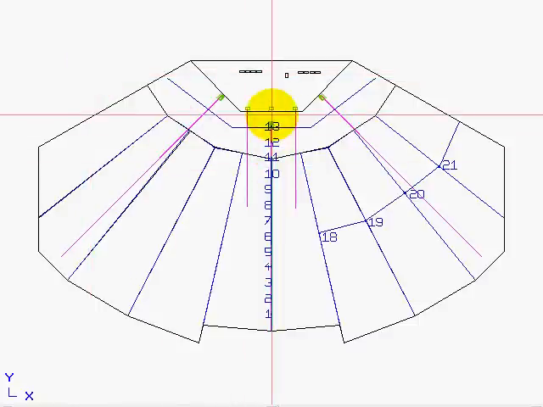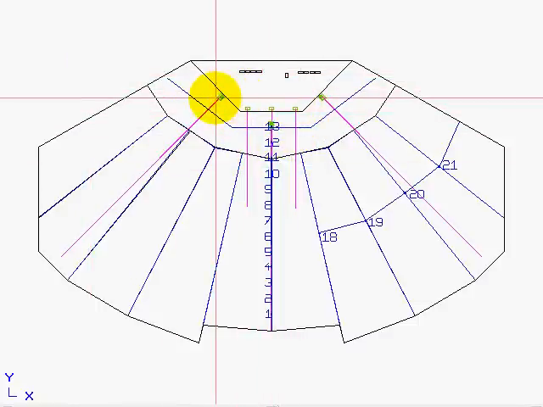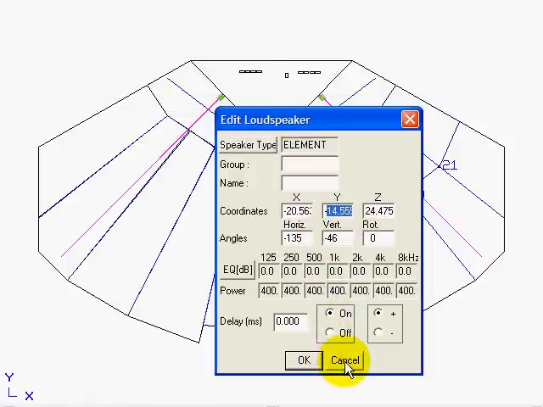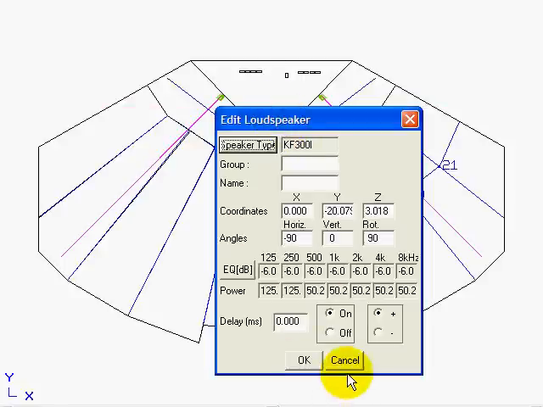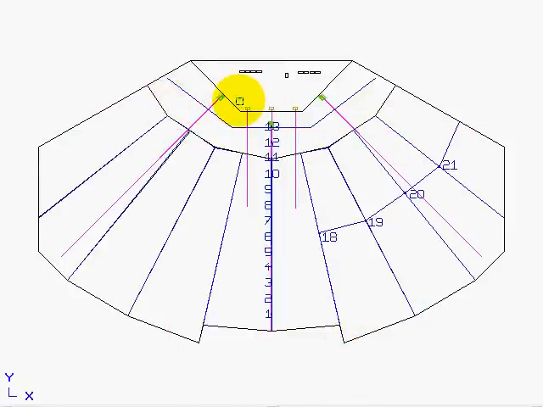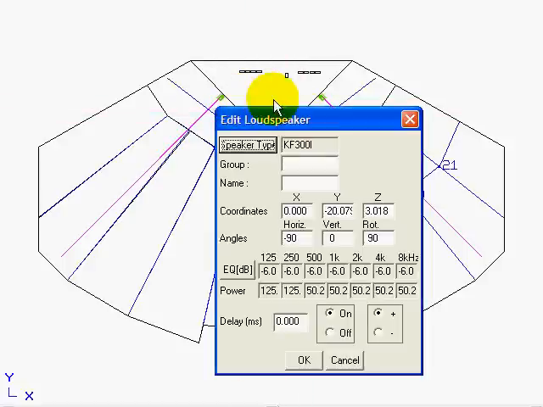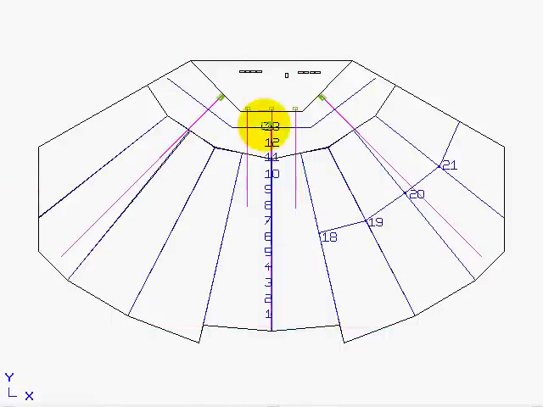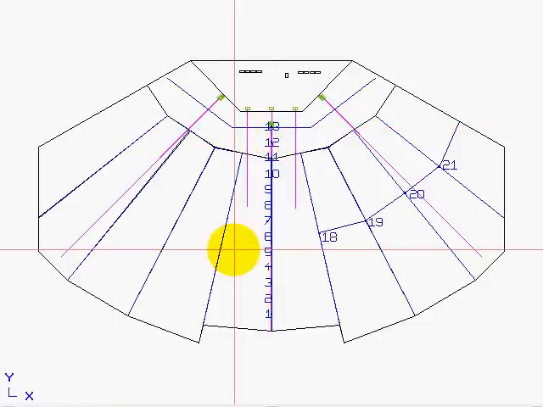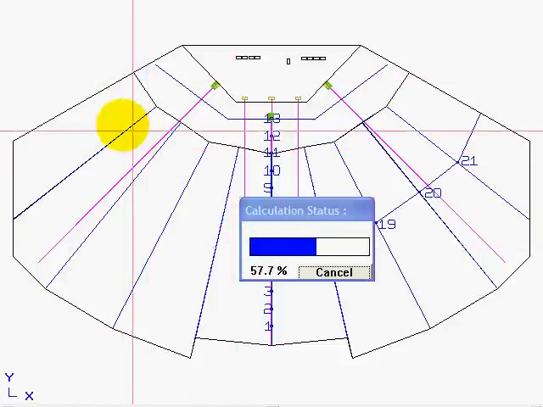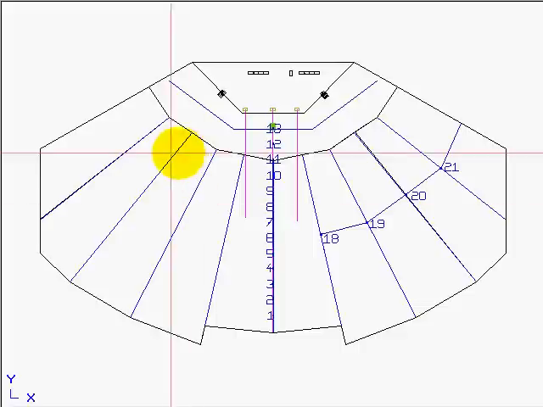Okay, so let's take collectively this entire group and delay them back to here. So these guys are at minus 14, and these guys are at minus 20. So 6 milliseconds. So we need to take this guy, all of these guys, at 6 milliseconds. Let's see, that's got 6, so what we're going to do is change that total of 12, and let's look at the results. Okay,